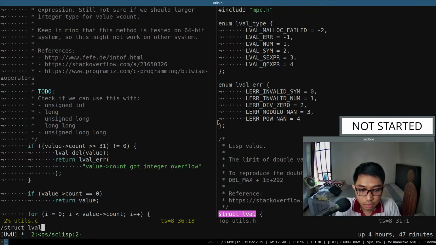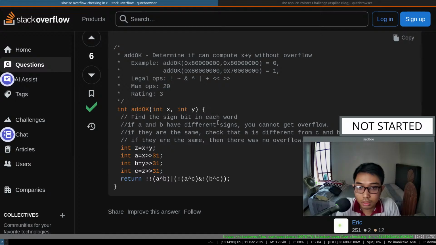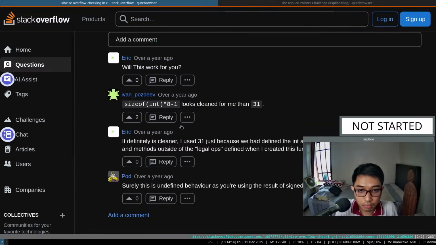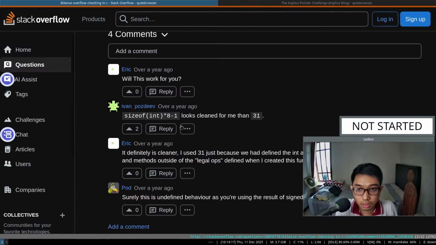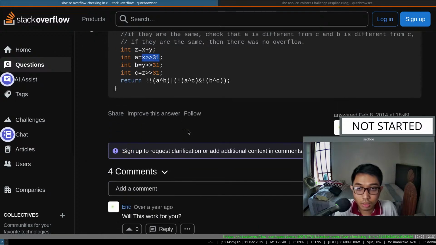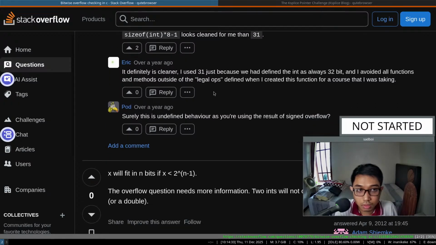struct alpha, okay, count, this one, which is an integer, right? And we use this Stack Overflow answer as a reference, and it looks like we can replicate the integer overflow, but I feel like rather than hardcode this to 31, because again